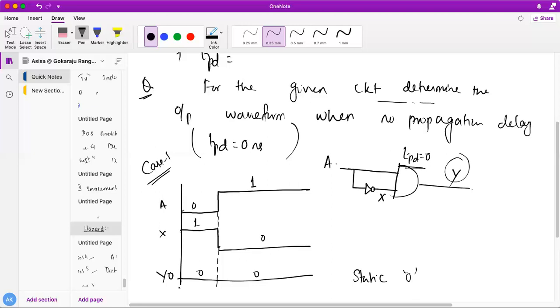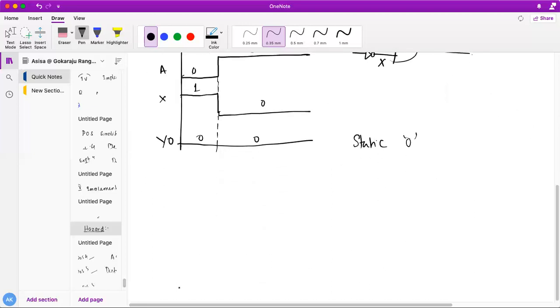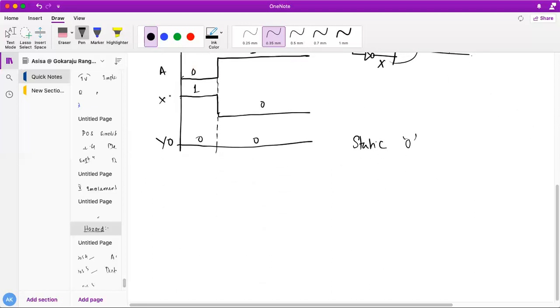Okay, next. Let's say another case I am going to take. The same circuit with a different case that I'm going to study here. Case number 2. Please try to understand. These are very important, whatever I'm telling now. Surely you can expect one question in any of the PSU exams. So, the same circuit.